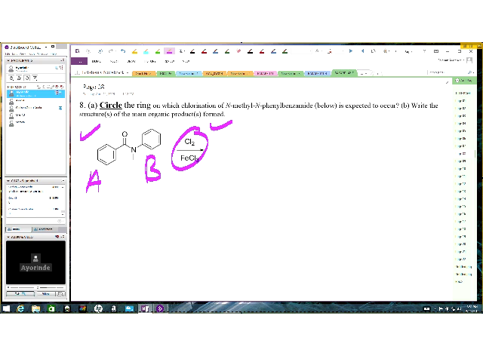Okay, because the nitrogen is attached to ring B, which contains electrons. The nitrogen contains a non-bonding pair of electrons, which is an activating group. In other words, because the nitrogen contains